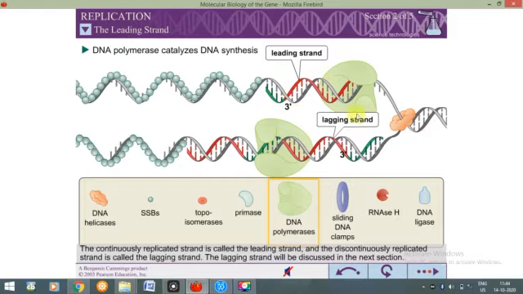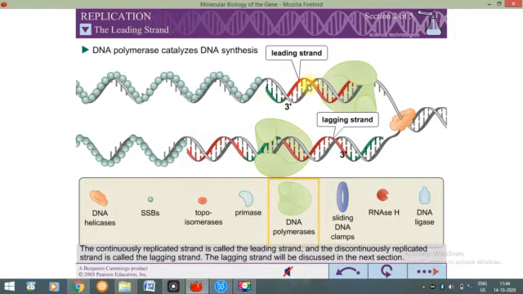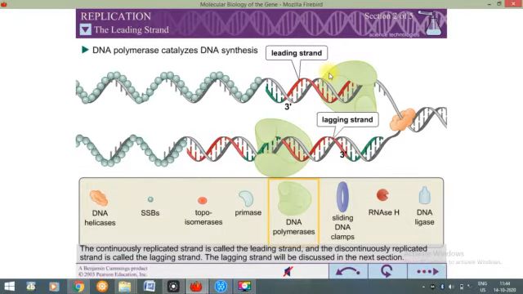Okay, and then this DNA polymerase will come and bind over here, and it will help in the formation of DNA. So this red portion is nothing but DNA, and what is this green portion? This is RNA. Okay, now you can see that the process of formation, or the rate of formation, is higher in this case. That's why it will form a large number of DNA molecules within a very short period of time. And that's why it is called leading strand, because its rate is higher, so it is leading. It is leading in production of DNA. Leading means it is making more copies in less time.